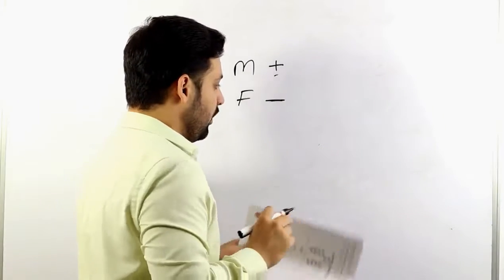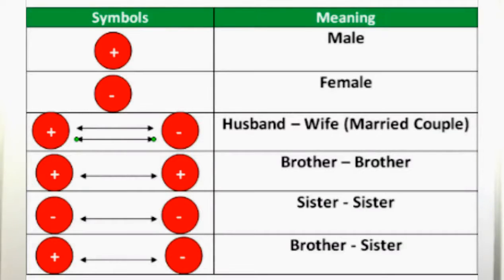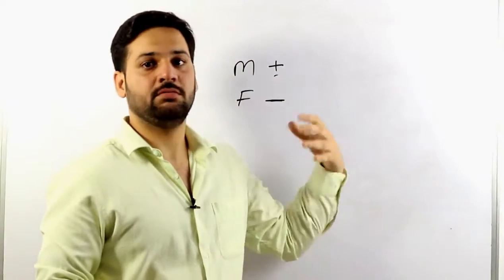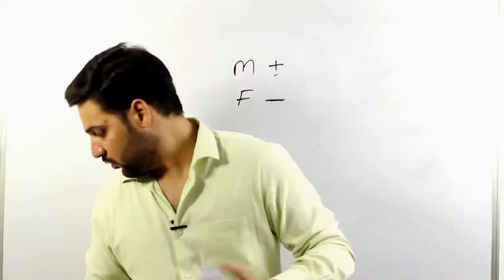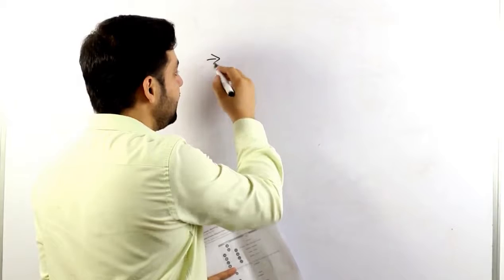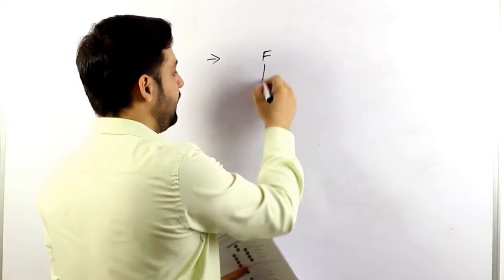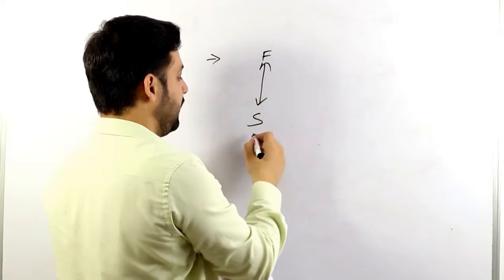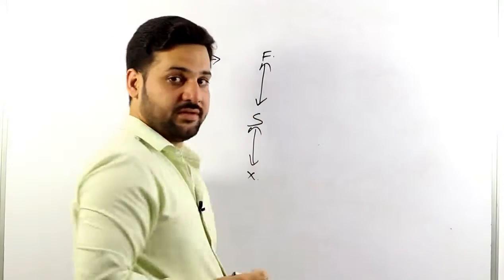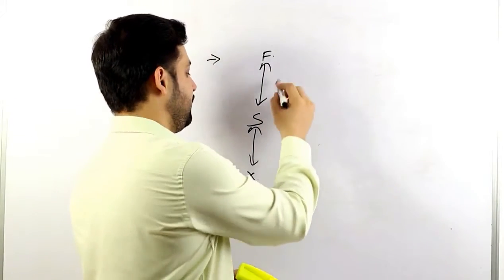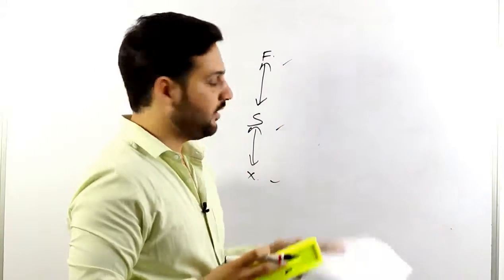Then how are we going to solve the question? We'll be making a table, a kind of a family chart, to solve the question. In a family chart, each generation will be in a single line. For example, there is a father, and there is a son, and there is his son named X. So F is the grandfather of X. That's how we do this question. That is the first generation, second generation, third generation. That's how we do the question.